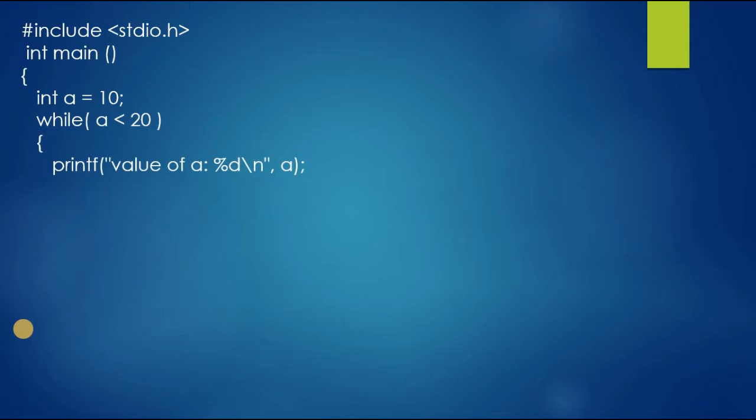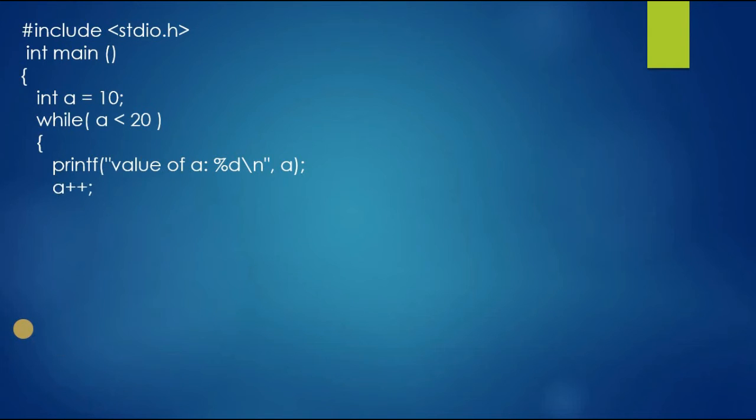First we declared a preprocessor command. Then we declared a main function. We open a curly bracket here. Then we declared an integer variable a is equal to 10. Then here the while condition is given, while a is less than 20. The while loop will start here, and inside the loop we have the statement printf value of a.